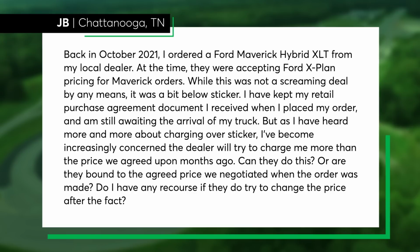Can they do this? Or are they bound to the agreed price we negotiated when the order was made? Do I have any recourse if they do try and change the price after the fact? Well, I reached out to a consumer attorney, and he let me know what I sort of suspected here: that a purchase order is a contract to buy a car at a certain price. And if a dealership tries to get more money for the car than what the purchase order says, in some states, that would be a violation,